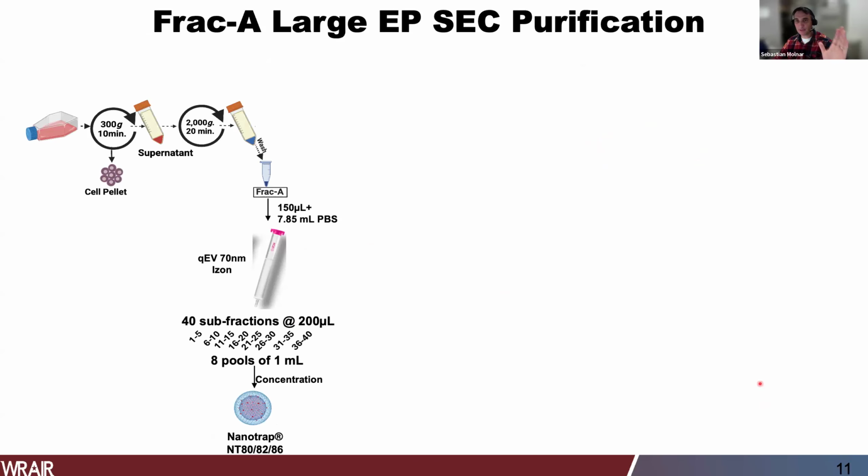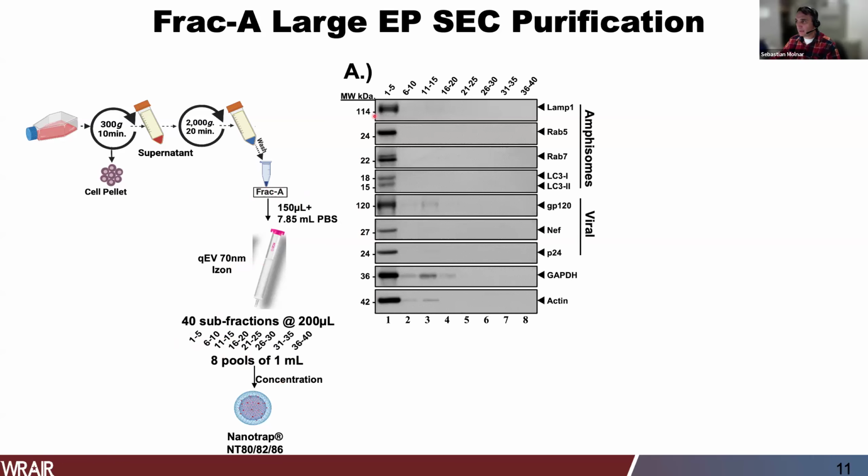This is the very first fraction in the serodifferential ultracentrifugation, which goes through a 2000 g spin for 20 minutes, and this is what we called fraction A. That fraction was put onto a 70 nanometer ISON column, and it was divided into 40 subfractions, which were pooled into 8 pools of 1 to 5 fractions as they came off the column. And the Western blot data indicated that the very first fractions, 1 to 5, were positive for amphisome and viral markers,